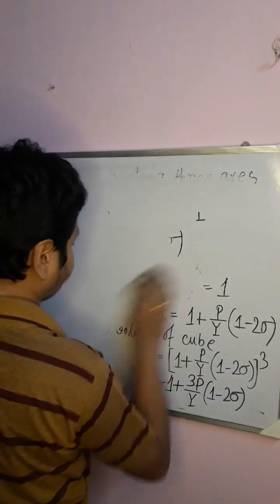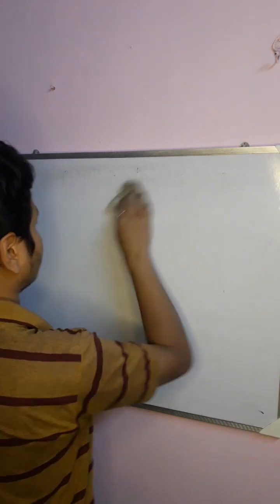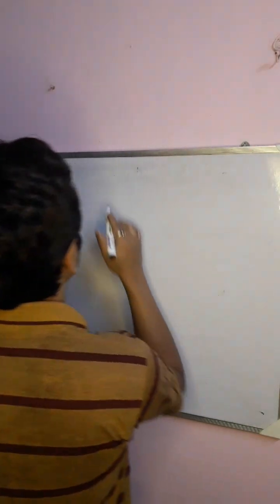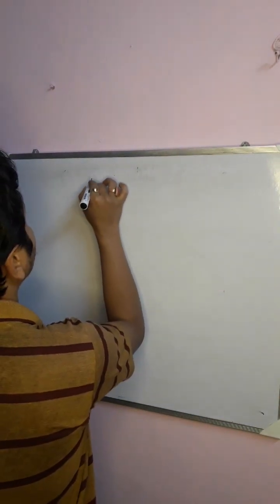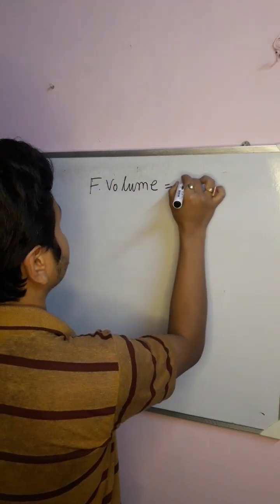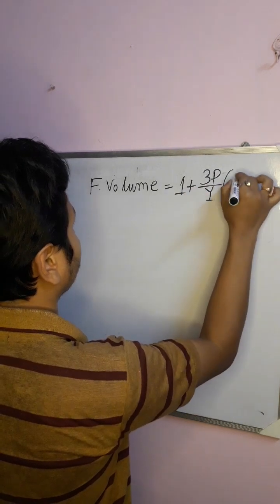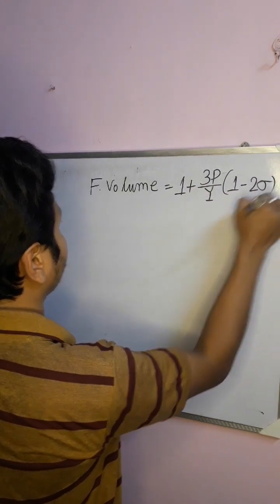So the final volume is 1 plus 3p by y into 1 minus 2 sigma,